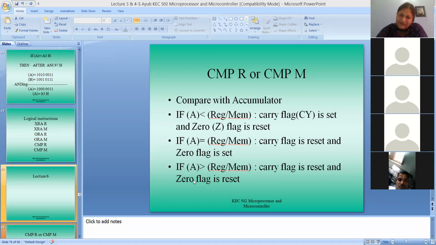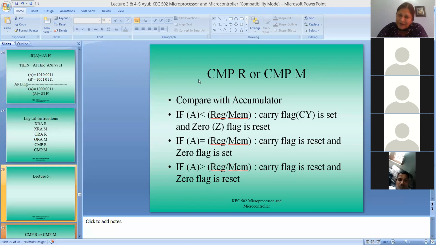So it is comparing. CMP stands for comparing with accumulator. Inside, it is a logical subtraction, but the result is not shown to you. Only whether the accumulator contents are greater or smaller will be told to you. Again, it is not told to you by showing the contents, but with the help of the setting of the flags. So how many flags do we have? We have 5 flags: carry flag, auxiliary carry flag, zero flag, sign flag, and parity flag.